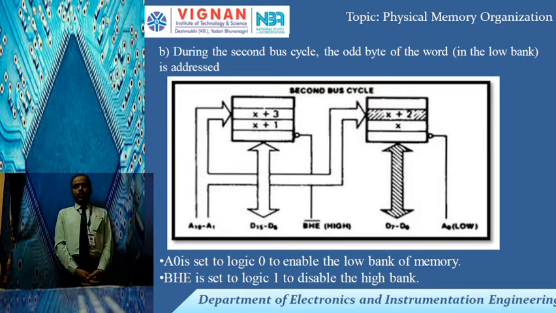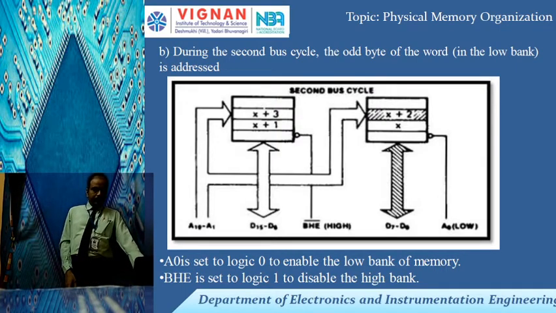So in the next class we will go for the second part of the 8086, that is the first unit, where we are going to discuss the programming part, that is what the different addressing modes are and what the different instruction sets are. We are going to see that in the next class. So with this I am going to conclude the class here.